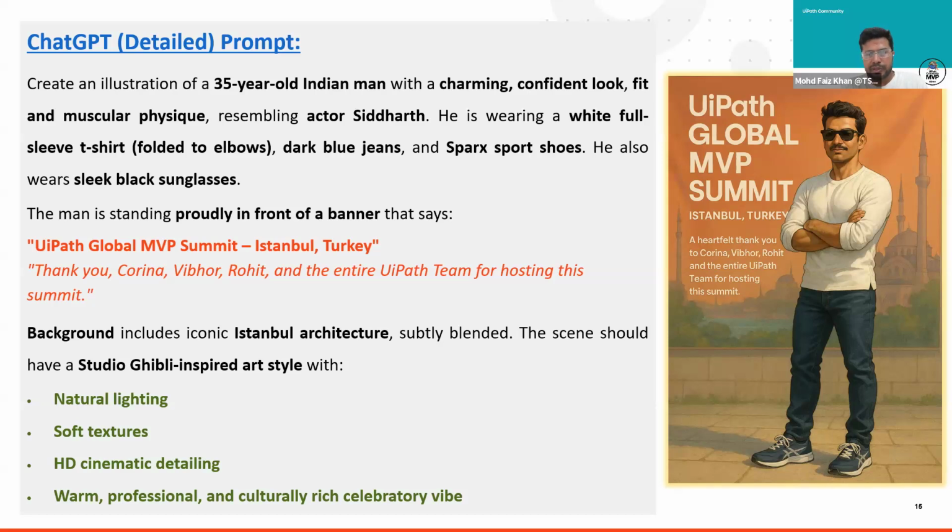You can just ask ChatGPT, provide some values, and ask ChatGPT to create a prompt for generating this image, right? Once you provide this detail, ChatGPT will automatically create a prompt for you, and you can see if this prompt is generating the right images or not. If it is yes, that is fine. If it is not, then you can fine tune your prompt to generate the image again, or maybe instruct ChatGPT, this prompt is not working, add some more details to generate the same images. So ChatGPT itself has the capability to generate the prompt for you.